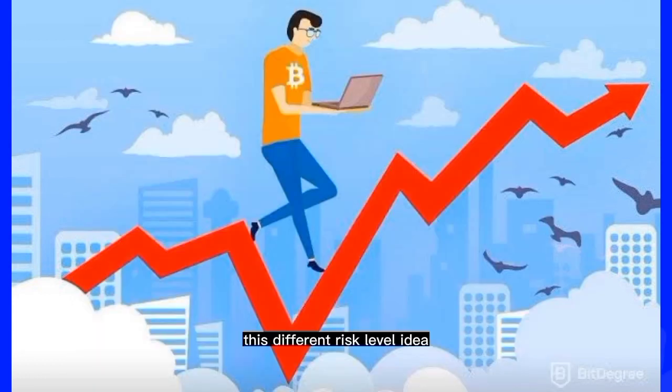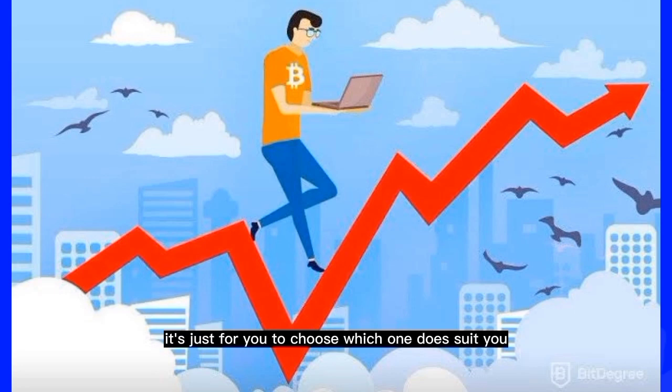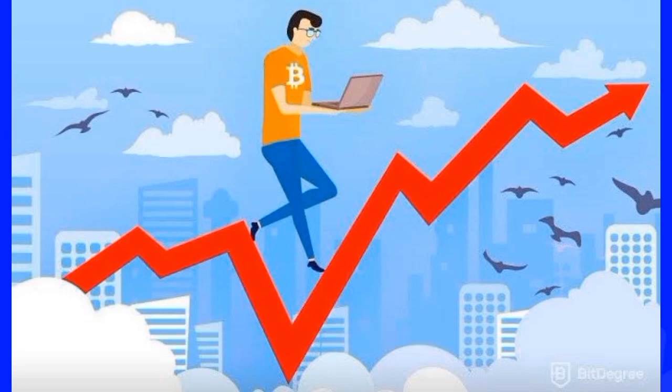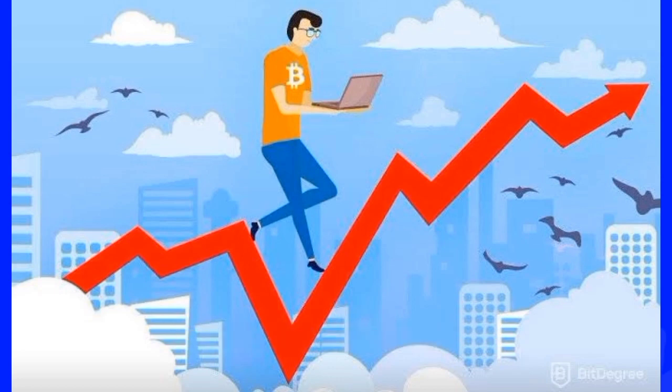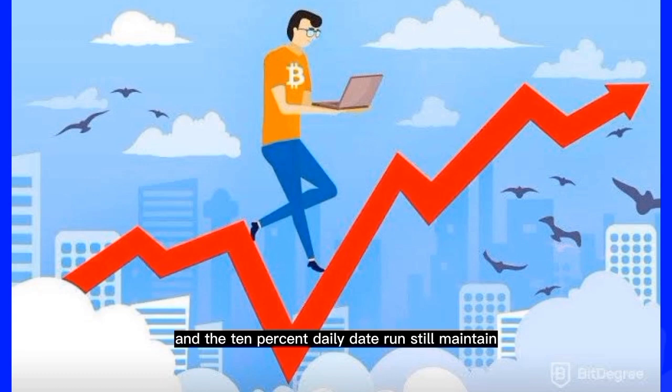So this different risk level idea is just for you to choose which one suits you. To me, I recommend the level 1, because looking at the stops I give in the scalping techniques, which is 30 pips, and the intraday techniques, which is 60 pips, and considering their lot size respectively, you understand that the 2% per trade and the 10% daily drawdown still maintain. But if you still think you are very much aggressive in trading, you can increase it to level 2,